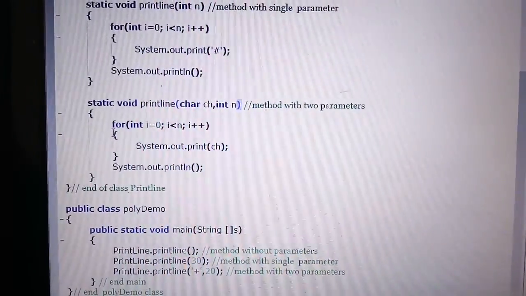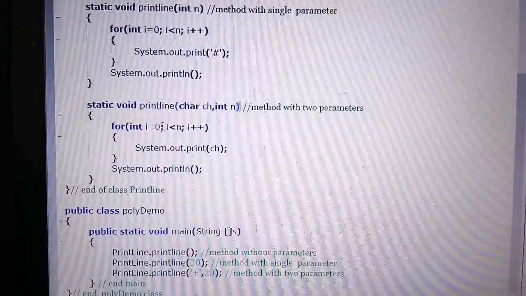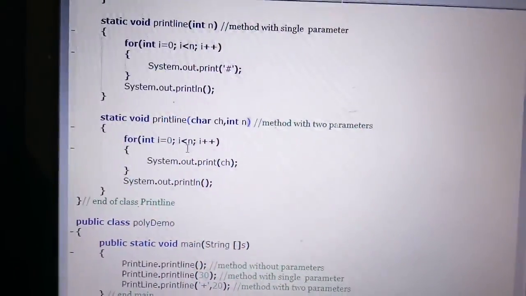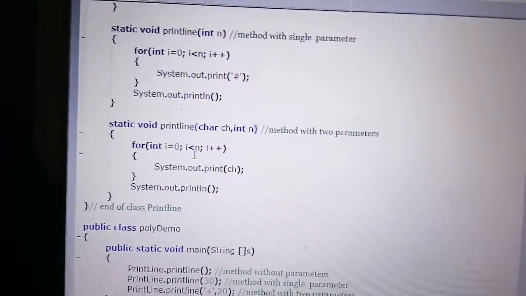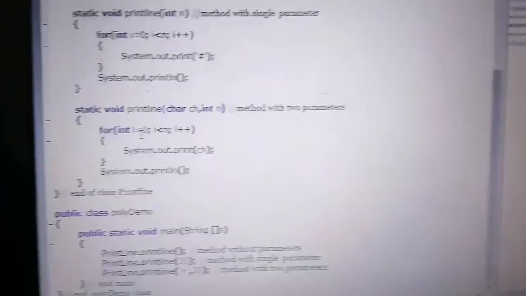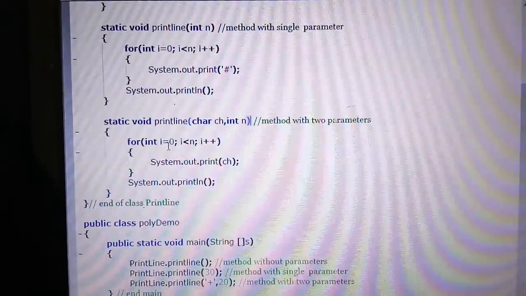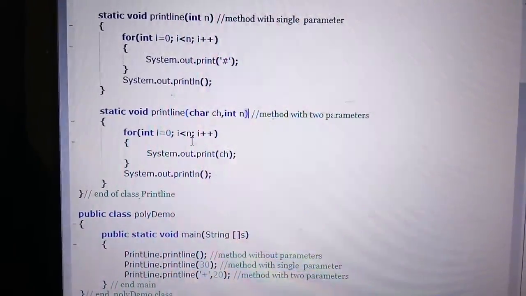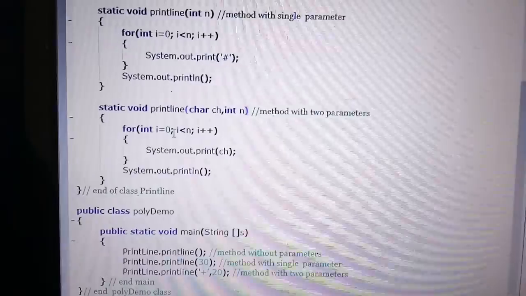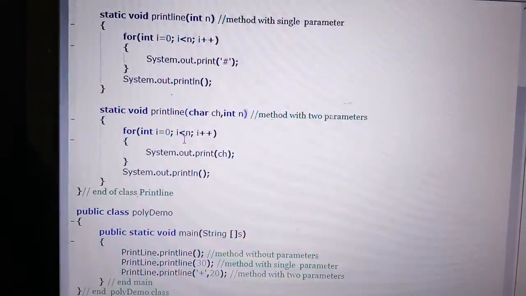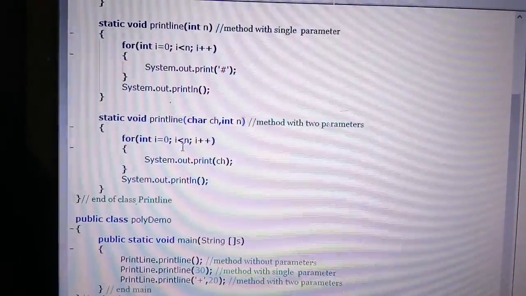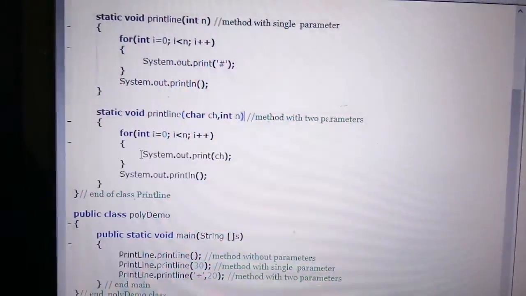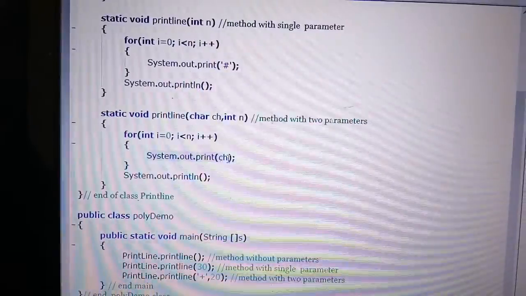Now again a for loop is executed where i is equal to 0 and n is replaced by 20. Here I have got n's value as 20. So my loop would be executed from 0 to i less than 20, that is, up to 19. So 0 to 19 means I am going to use this loop 20 times. 20 times I am going to print ch.